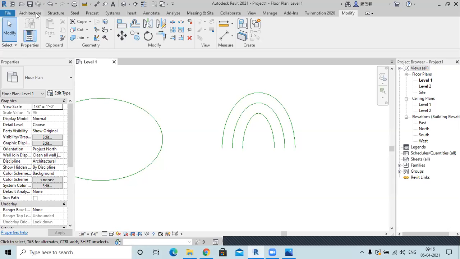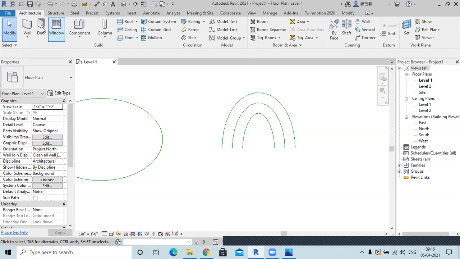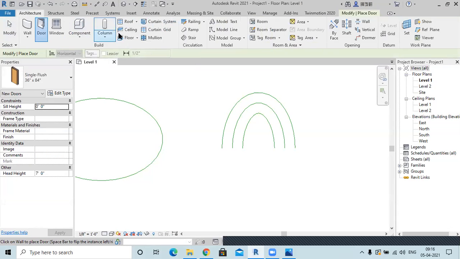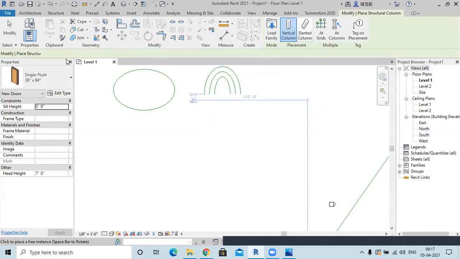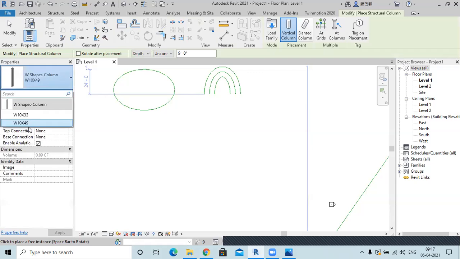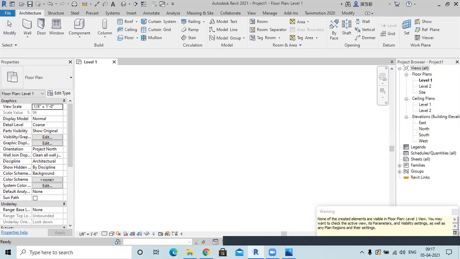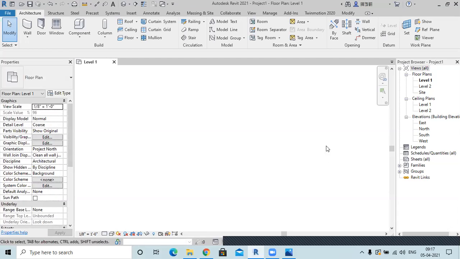For example, maybe I'll create a node, or I can only place it on a wall. Maybe a component I'll select. If I select this W-shaped column and draw it somewhere here, you'll be able to see it. No, you won't be able to see it because it's a level thing.